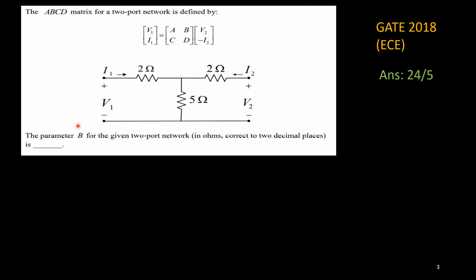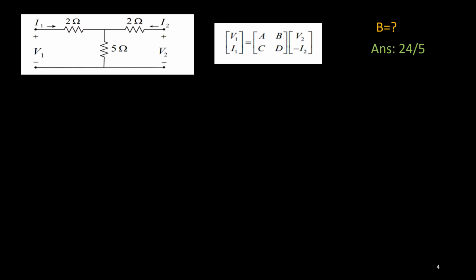This problem is very simple. We can solve it by several methods, so I'll show you 3 different methods by which you can solve it easily. Now, I can solve this one using the cascading method that I discussed in my lectures. I can consider this one